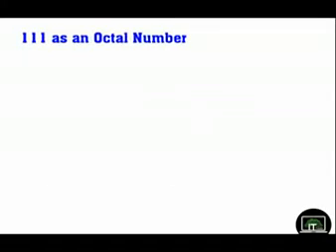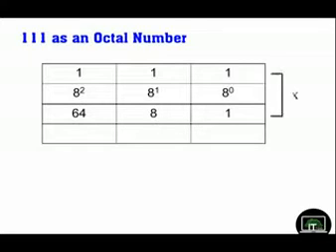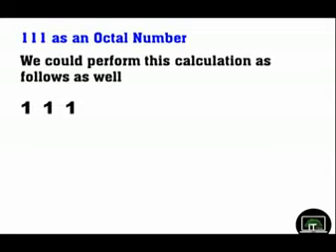Now if you write this as an octal value, what could be the value? Now 8 to the power 0, 8 to the power 1, 8 to the power 2. Then we get 8 to the power 0 is 1, 8 to the power 1 is 8, 8 to the power 2 is 64. Then we multiply these together, you get 1, then 8, then 64. We add these together: 64 plus 8 plus 1 is 73.